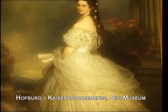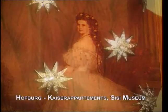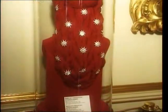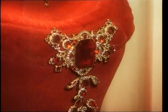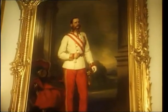At the Hofburg, one is invited to step back in time and revel in a regal past. The private apartments of Emperor Franz Josef and his wife Elizabeth can be viewed. And at the Sissi Museum, hundreds of personal items, once belonging to the former empress, provide an insight into the life of this Austrian monarch who loathed court protocol and who would increasingly retreat from both her duties and her